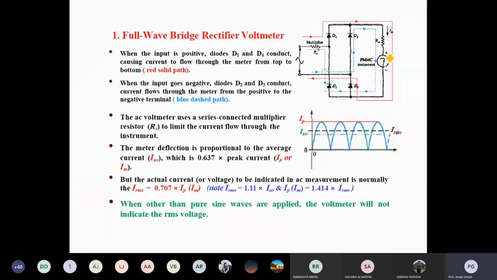It's a PMMC instrument, a voltmeter, and Rm is the resistance of that measuring instrument. What is the multiplier? The multiplier is for scaling down the voltage level. It may be 230 volts. I have already told you that a signal diode is not able to measure that 230 volts. So in that case you can step down the voltage with a multiplier resistance, and then you can measure it with the signal diode. There will be no issue.